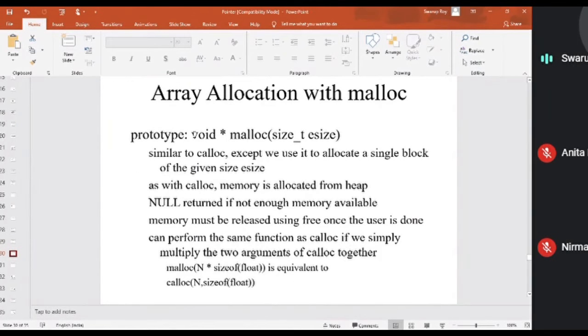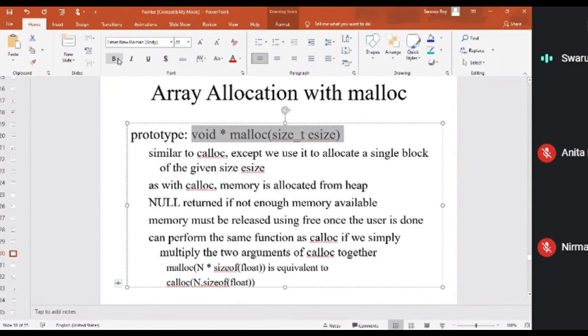Anyway, now let's move to another important function that is called malloc. So malloc is also like calloc, but the only thing is that here it takes only one parameter. Okay, it takes only one parameter. What is this? It is in terms of number of bytes. That's all. It basically takes that number of bytes and allocates that much space for your program. But calloc, as you have observed, takes the number of elements and the size of each element. Here it is a single block, so it only needs how many bytes you require, whether it's for an array or for a single variable, it doesn't matter.